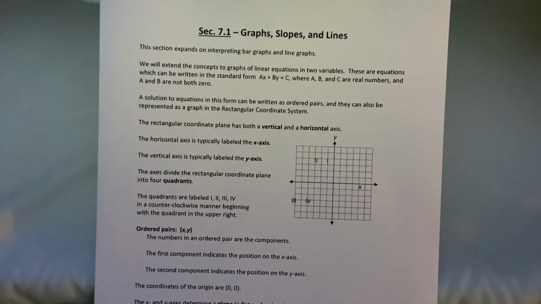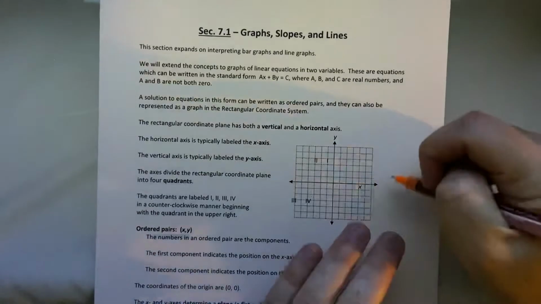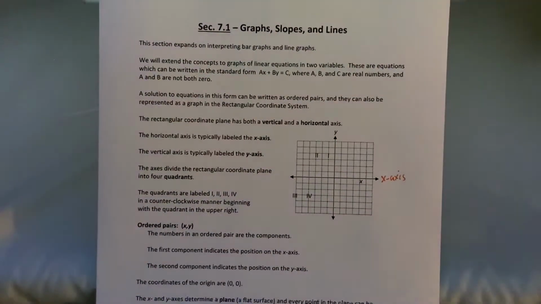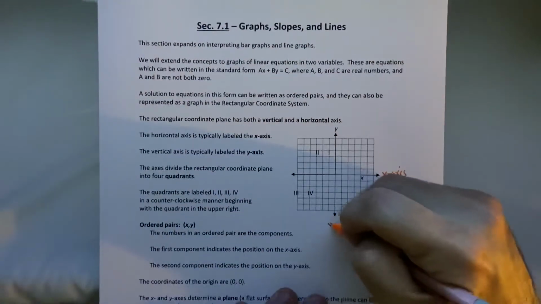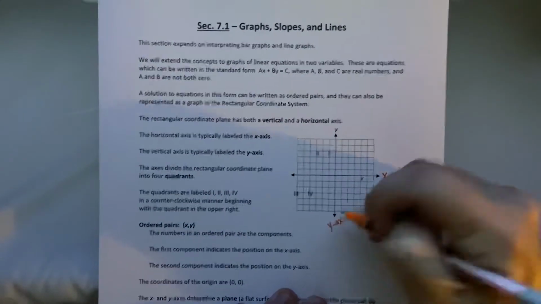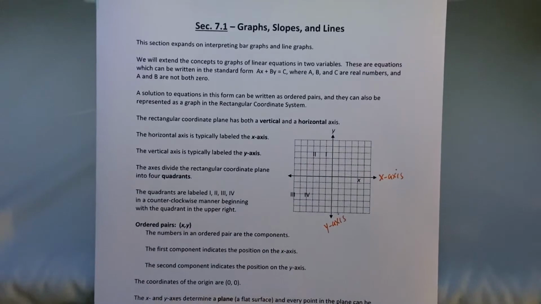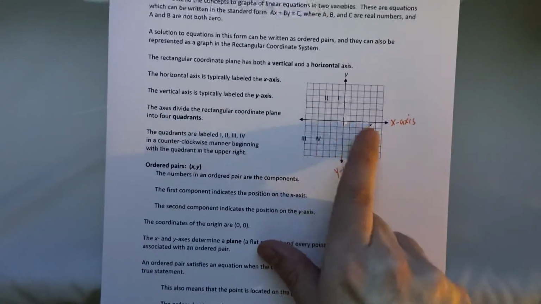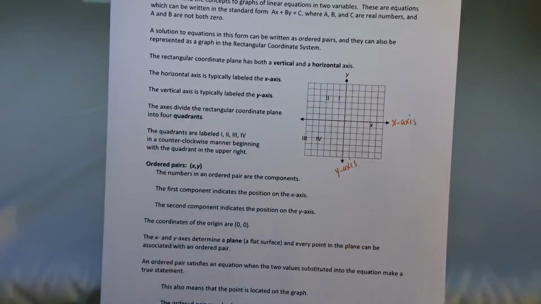The horizontal axis is typically labeled the x-axis. When we talk about x-intercepts, they're along the x-axis. Vertical axis is the y-axis. Y-intercepts are along the y-axis. Your ordered pairs are always x then y coordinates. X is how much you're left or right. Y is how much you are up or down from the origin, and the origin has a value of 0,